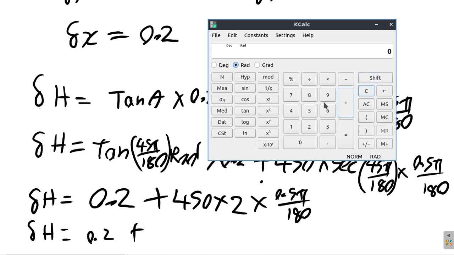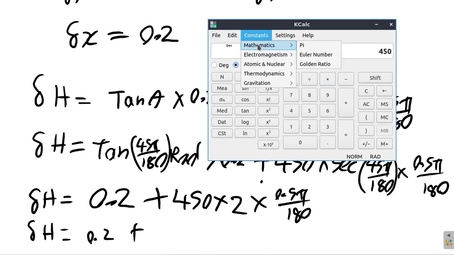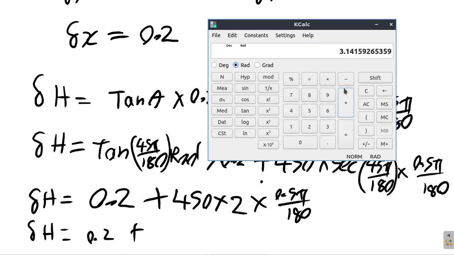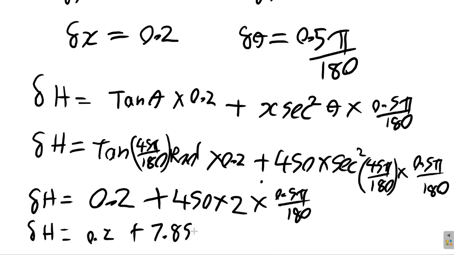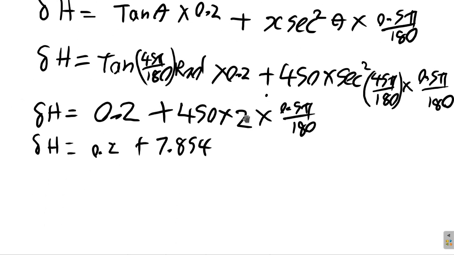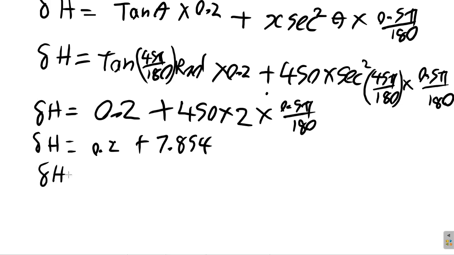So here now, let's clear it. 450 multiplied by 2 multiplied by 0.5 multiplied by pi over 180 equals 7.854. So the change in h is equal to